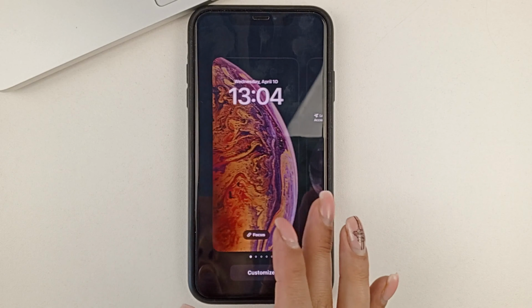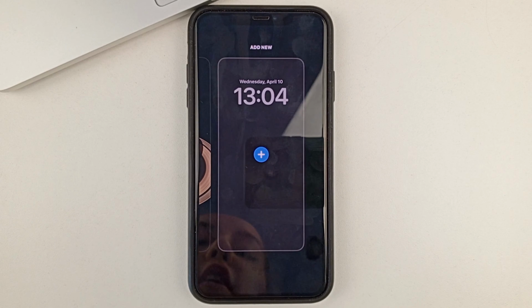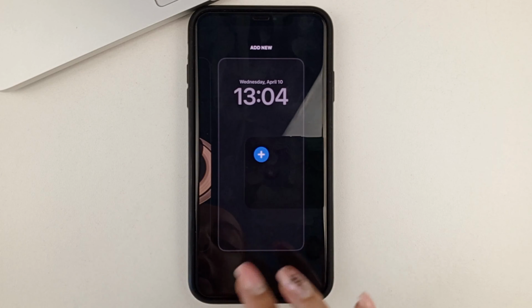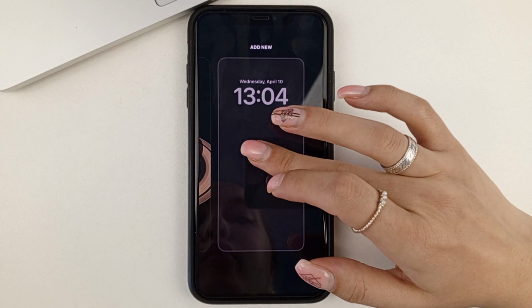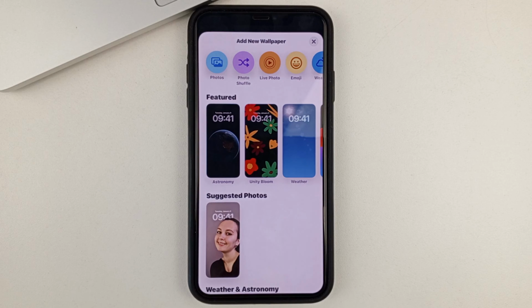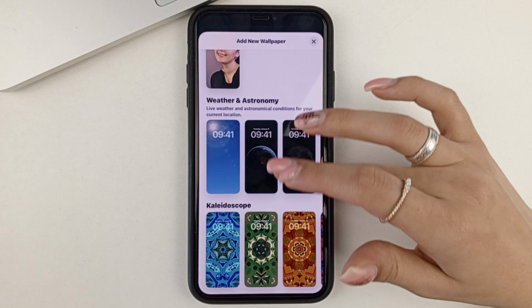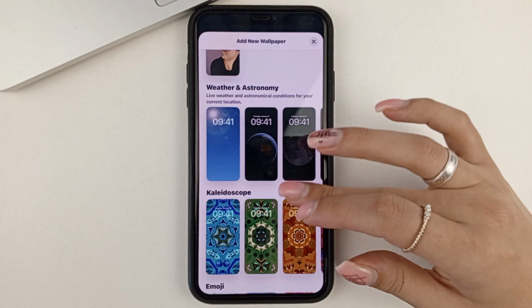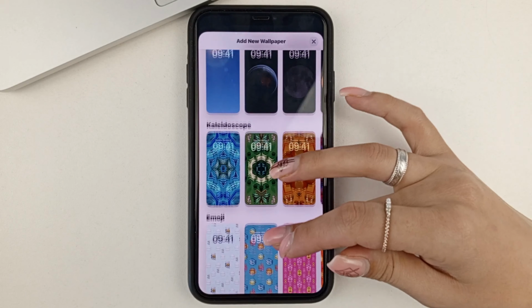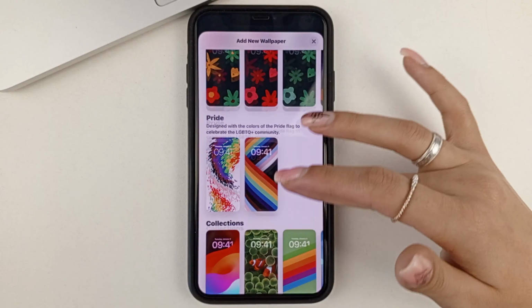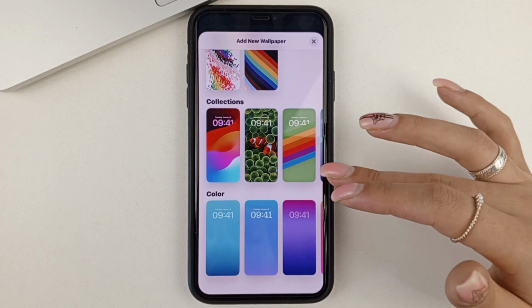And as you can see, we have here a menu of our wallpapers that we may have already set. If you want to set a new one, then you scroll to the very end and click on this box on the plus side. And you get to the menu where you can change the wallpaper. So, here you can choose wallpapers of different themes: emoji, space, flowers. You can choose absolutely anything.